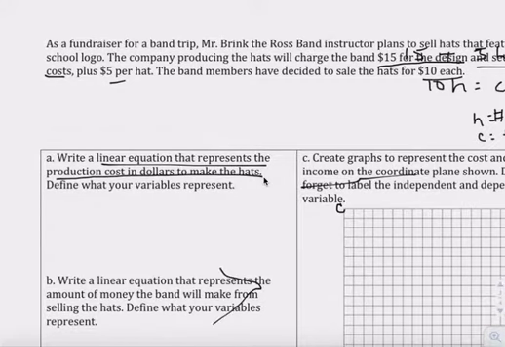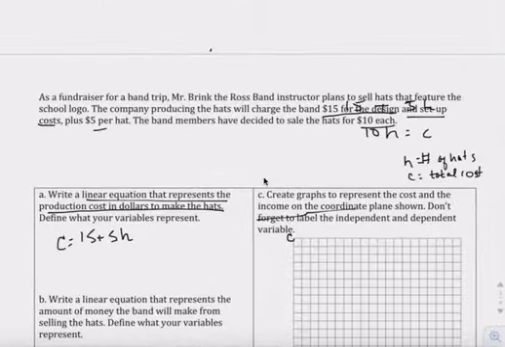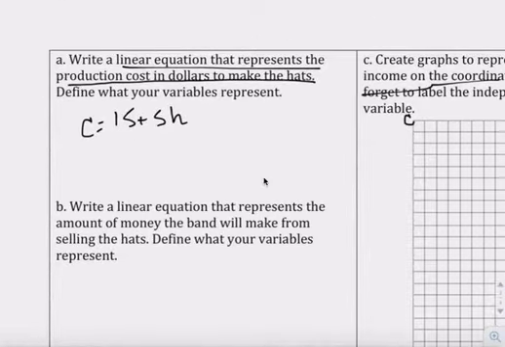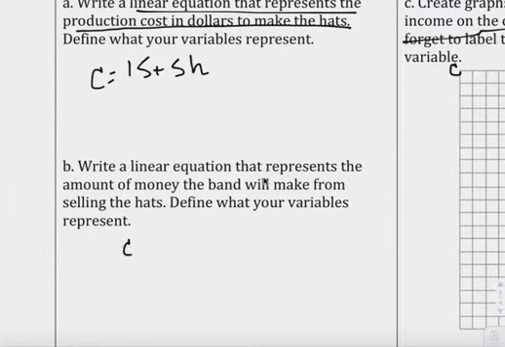Okay, to find the cost of making the hat, which is $15 plus $5 for each hat. That is the total cost. To find the variable, we did it here. Same thing here. It's total cost to earn is,